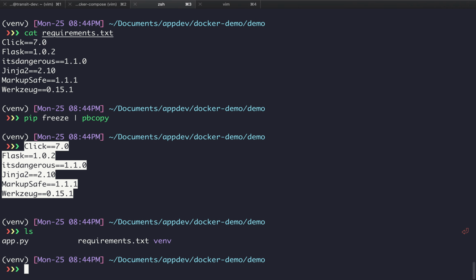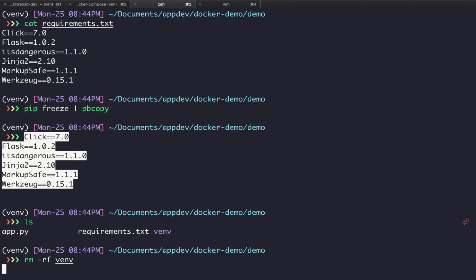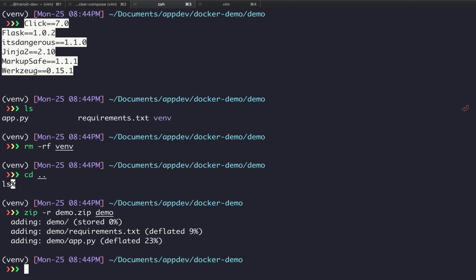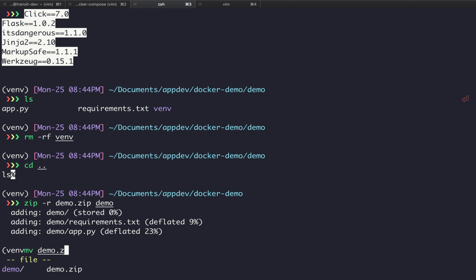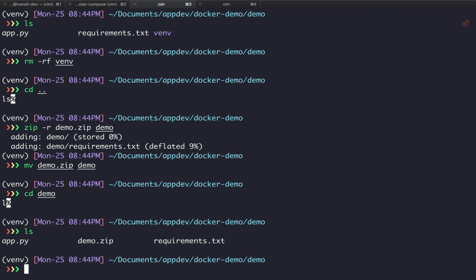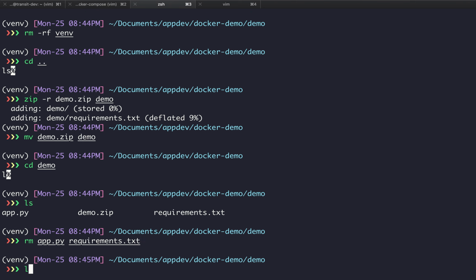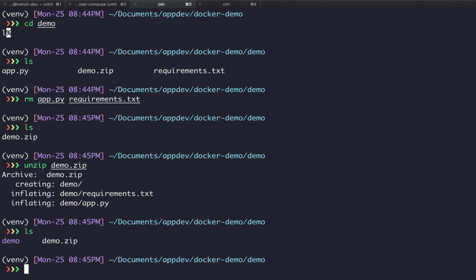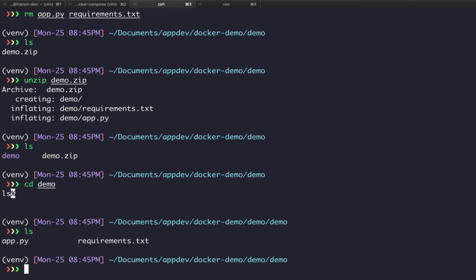But anyways, okay, so moving on. If you think about this from a handoff perspective, I can just zip this, so I can delete this. And then maybe I'll cd back and zip the contents of that into a demo.zip, right? So if I move this back into the demo directory and then cd back in, I have my zip file. So let's delete app.py and requirements. Let's assume I'm working on this with my partner and they just sent me the zip file. So now I unzip it and cd back in, and then I can install my requirements and then run the app, right?